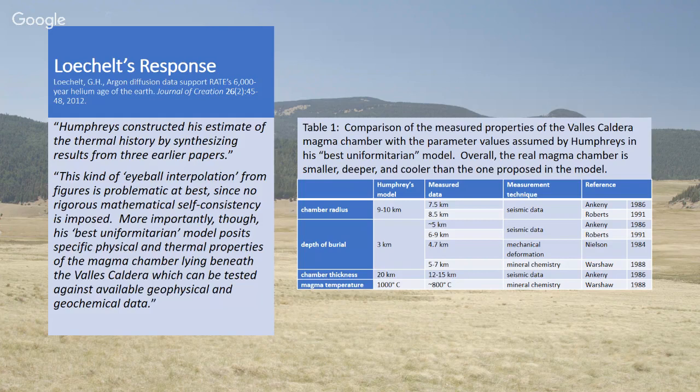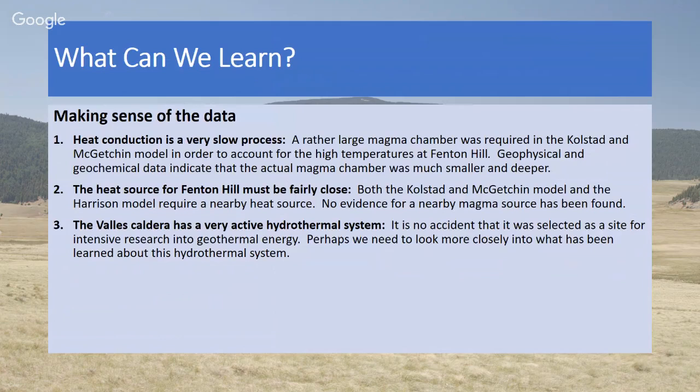But we can learn something from this. What we can learn is that heat conduction is a slow process, and a large magma chamber was required to account for the temperatures. And yet, that magma chamber was not found. So it's really hard to account for the present high temperatures because of a magma chamber directly. And also, the heat source must be fairly close. That's because only by bringing the heat source in close proximity to the well site can you actually get the